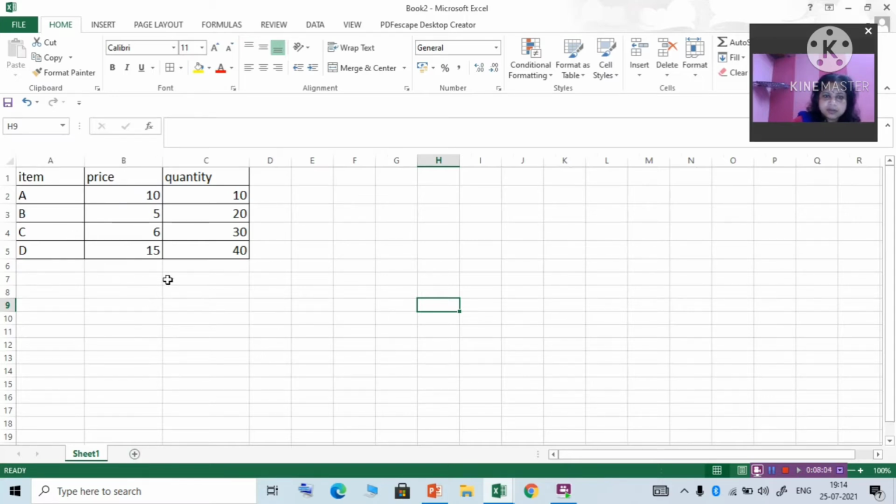Suppose on one date I have purchased this much. So you can give the data.